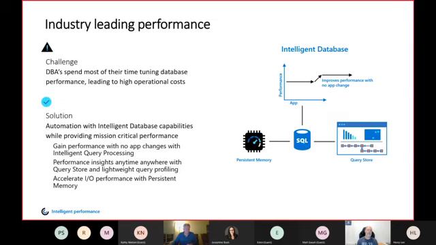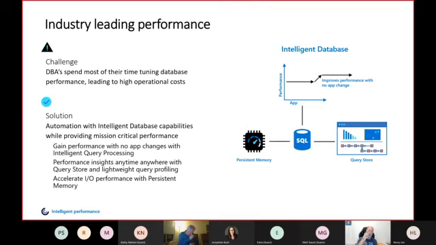So let's start by understanding this concept of intelligent database. We as DBAs just stay there with our monitoring tools, doing troubleshooting, seeing if one of these execution plans goes nuts, if the CPU usage goes through the roof, if the disks are not behaving well, if we are missing an index and we need to tune the code, etc. Well, some of these things can be done with this new concept of intelligent database.